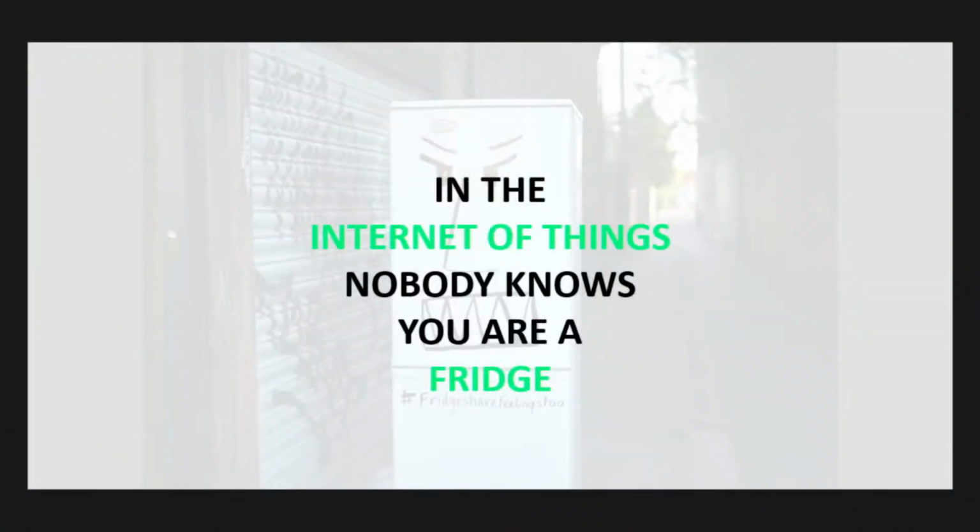But this starts to, I love this saying. So this is a meme in the IoT world. In the Internet of Things, nobody knows you're a fridge. And it's so true. As DevOps, you're going to be dealing with things that you won't even realize are not people. It's going to be coming through in millions. It'll be connected to your servers. You're not going to know what you're dealing with, whether it's a button, a fridge, a car, a TV. There's going to be all these new connections popping up.